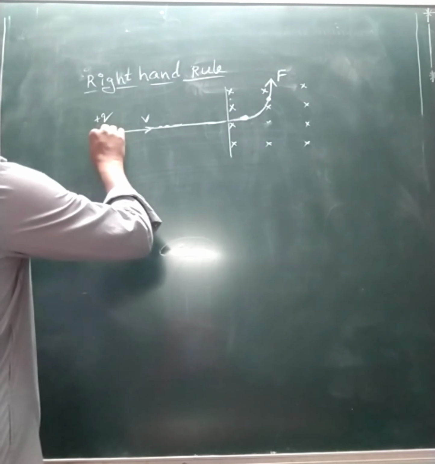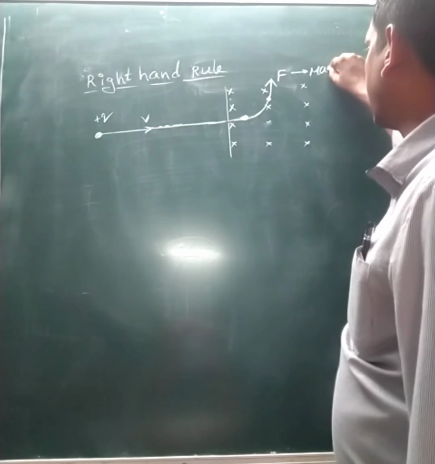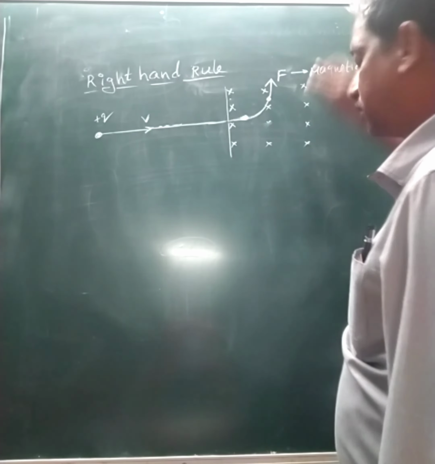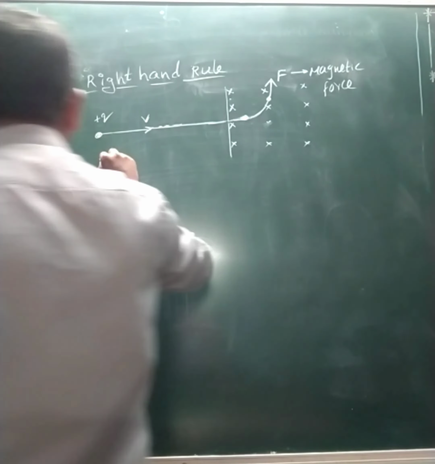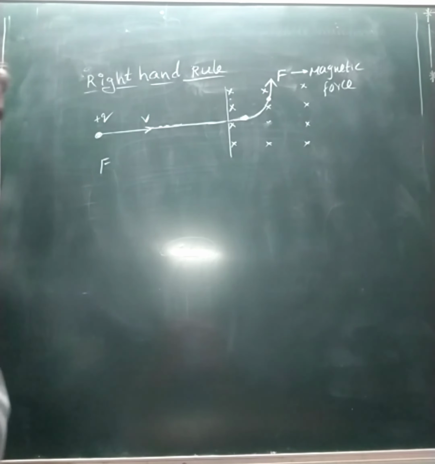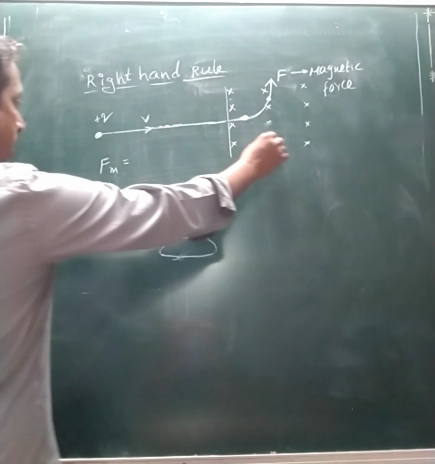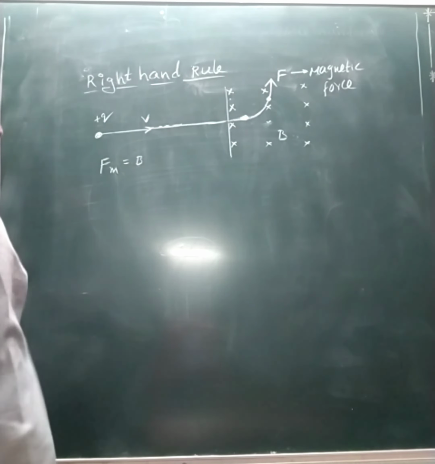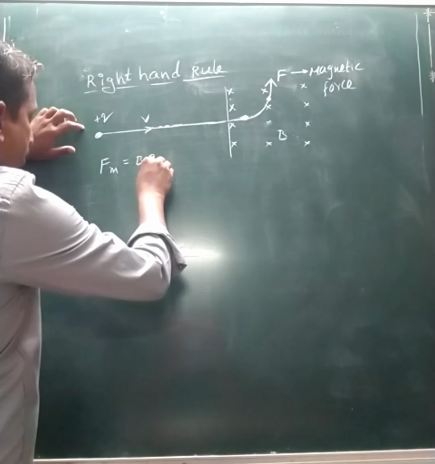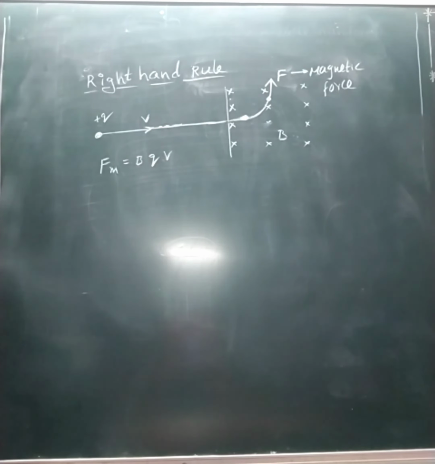So here, how much force is acting? That is called magnetic force. This magnetic force value you have to find. What is the magnetic force? Here we can choose the terminology. F is the force, magnetic force. That we can write as Fm is equal to, here we apply the magnetic field. B magnetic field is applied. So due to this B magnetic field acting on a charge Q, which is moving with a V velocity, what magnetic force formula do you write here? BQV.